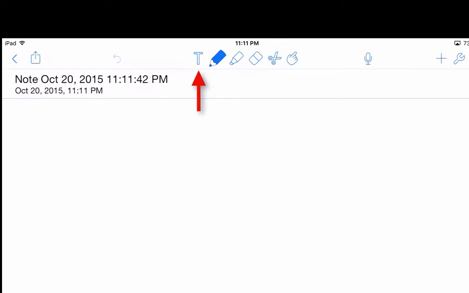So right now, at the top, you can see T, and that's for text, a blue pencil, which we're going to write with, a highlighter, an eraser, pair of scissors, and a little hand. And we're going to talk about what all those things do in another tutorial. But for right now, we're just going to say,